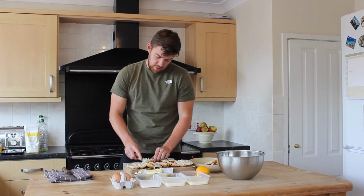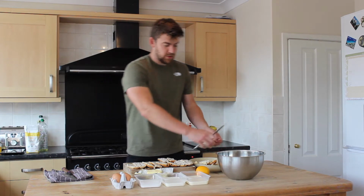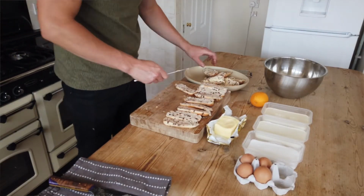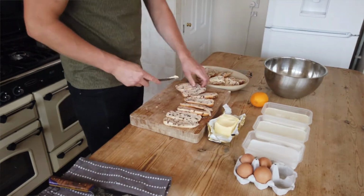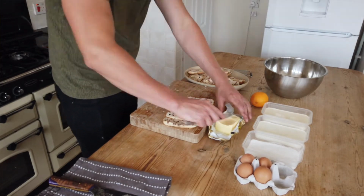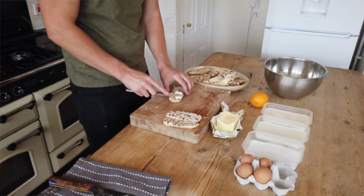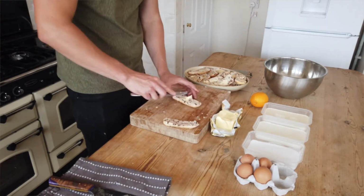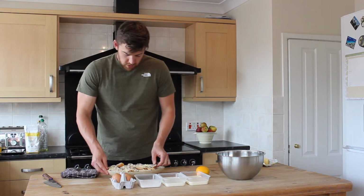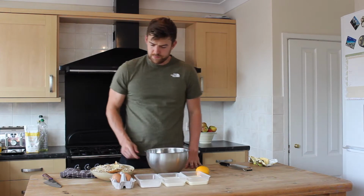You could, if you wanted to, line the base of this with some greaseproof, so it'd be easier if you wanted to lift it out and portion it, but I'll just be serving this straight in the middle of the table so everybody can dig in. But if you wanted to take it out and have it in the fridge, then that's what I do. Just line it with either cling film folded over 3-4 times, and cling film doesn't melt in the oven, or some greaseproof paper. Cool, so we've got a nice pattern here, just crisscrossing them over,